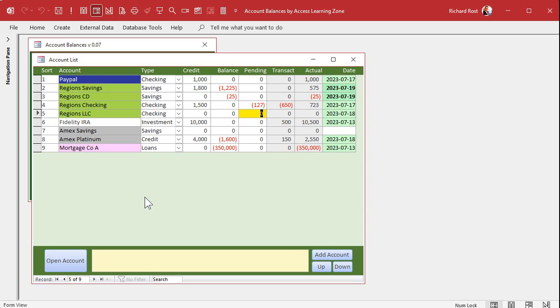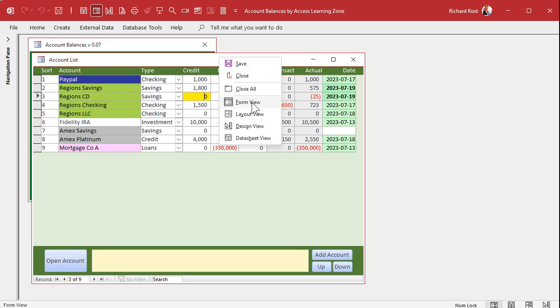Okay. Now, in the highlight row video, I teach you how to highlight the whole row. I don't want to highlight the whole row here because I still want this color. But it'd be nice if I'm in this row to also have this sort order box highlighted. I just think it looks nice. So let's do that. And again, I covered this in highlight row, but what we're going to do is design